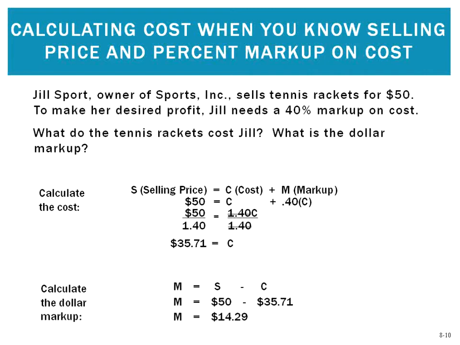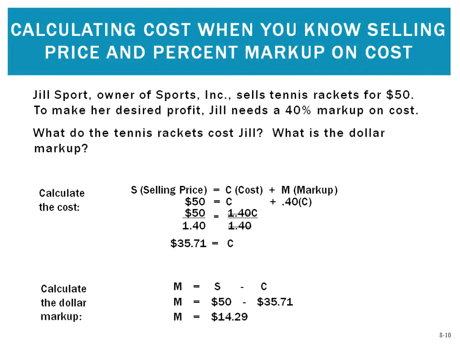We want the numbers on the one side, the letters on the other side. We just added the like terms, the C and the 0.4C. So now we have 50 is equal to 1.4C. There's no adding or subtracting anymore, so now we go straight to multiplying and dividing. 1.4C is 1.4 times C, so we divide it by 1.4, and then we divide the other side by 1.4. So now we know that cost is equal to